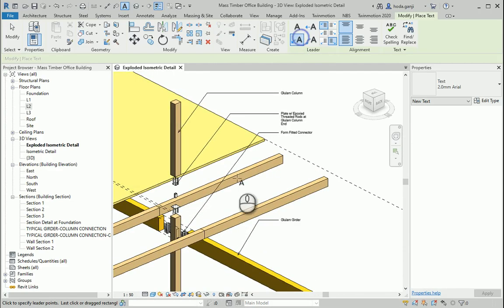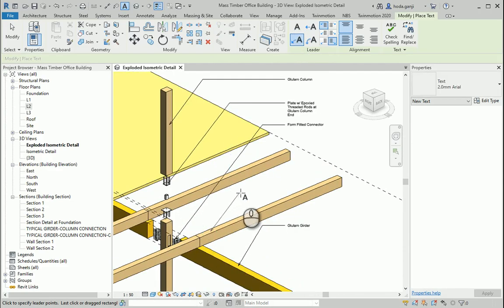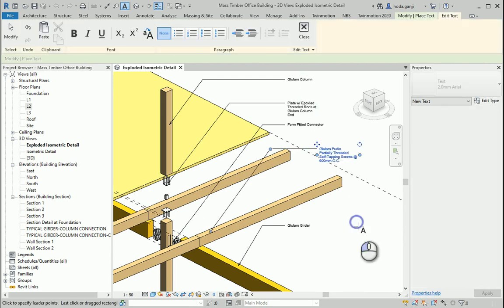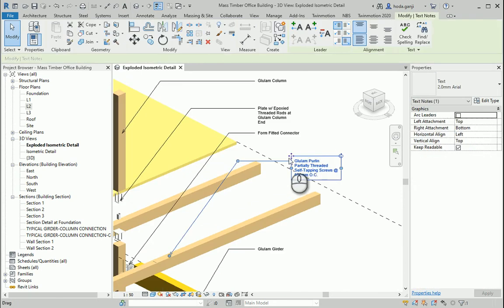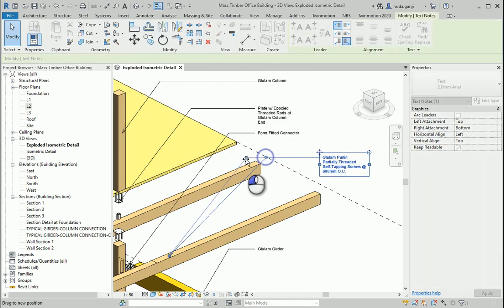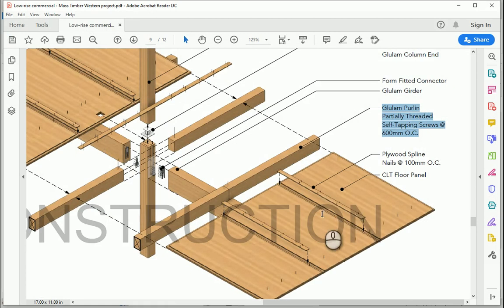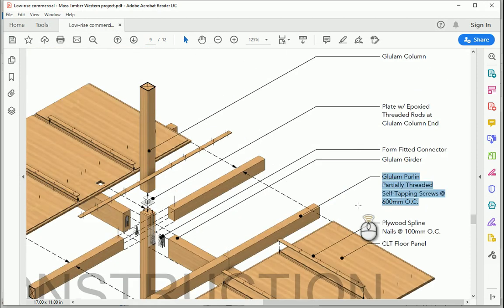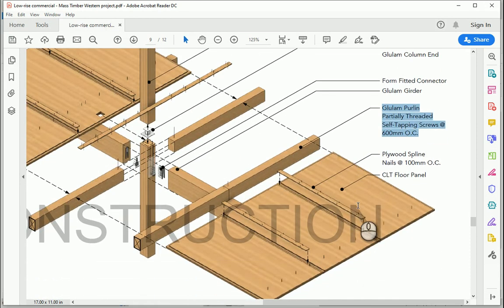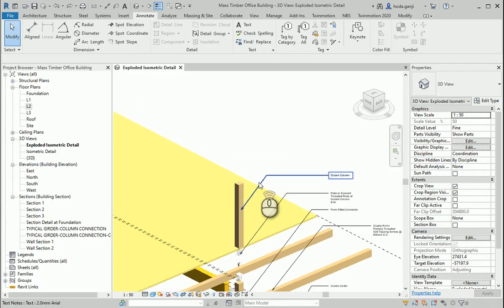So text again. Here and here. And the CLT floor panel. We can add it here.